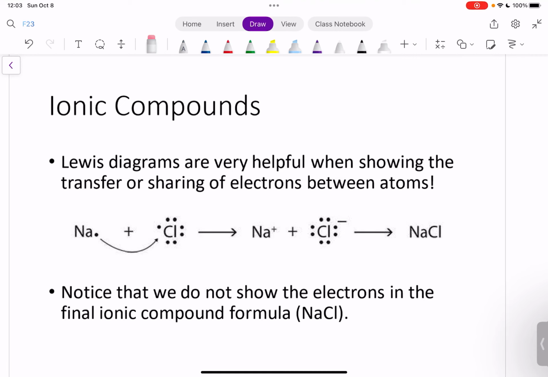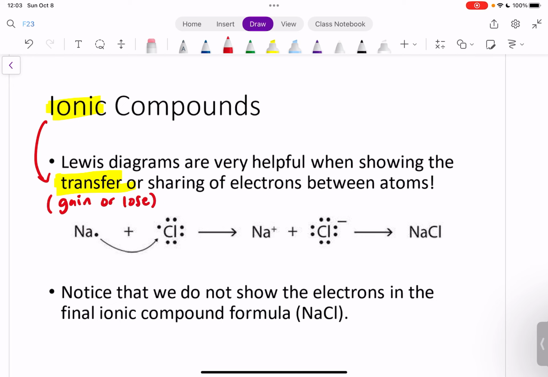All right, so why learn about drawing these Lewis diagrams or Lewis dot structures? What's the point of this? Well, it turns out that these are really helpful when we're trying to show the transfer of electrons or the sharing of electrons. So remember that when we're talking about ionic compounds, those are things that have gained or lost electrons. Okay, so that's the transfer of electrons, right? Gaining or losing